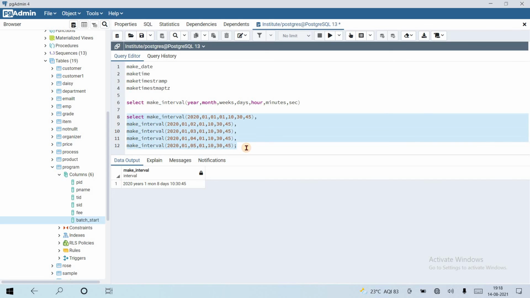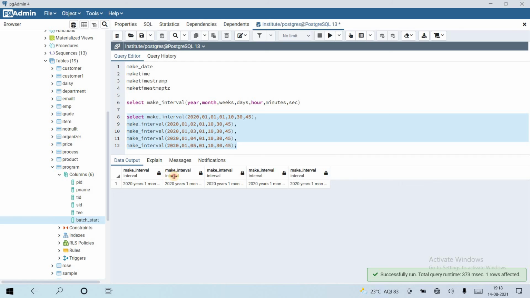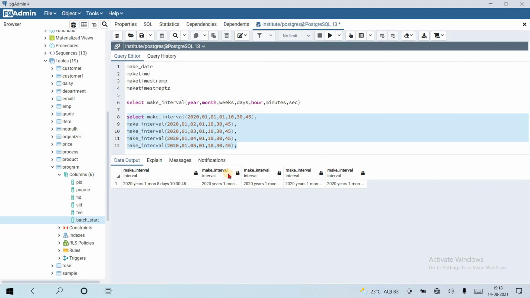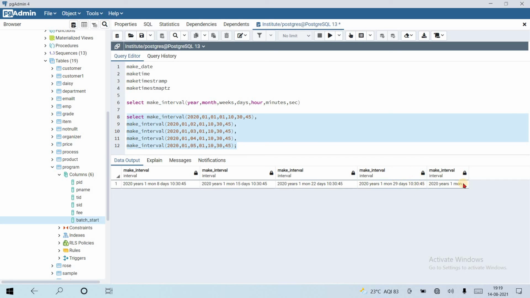Let's run this query. Here you can see that first is 1 month 8 days, second 1 month 15 days because 2 weeks, third 1 month 22 days because 3 weeks, and here 5 weeks, 36 days.